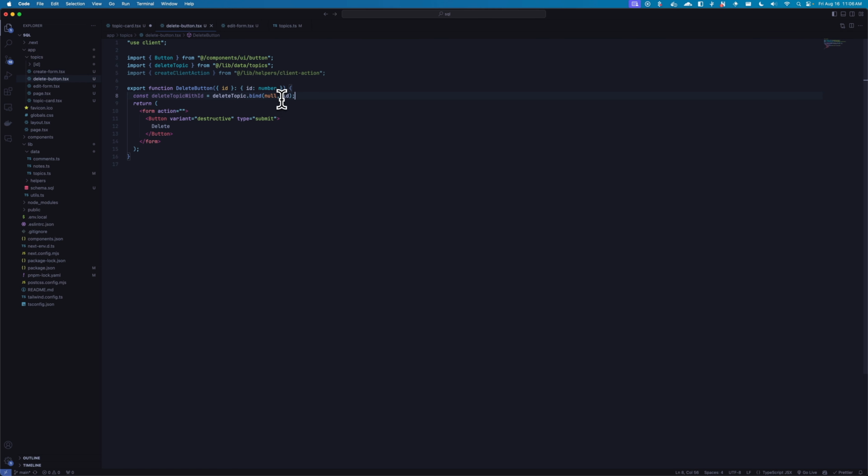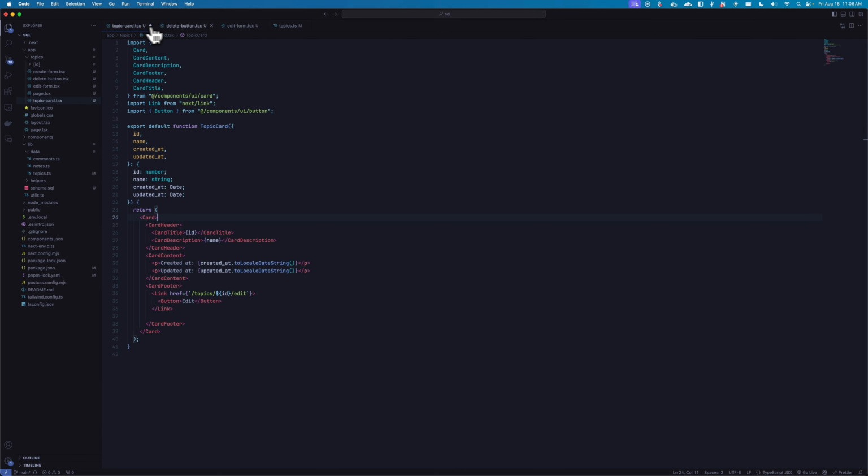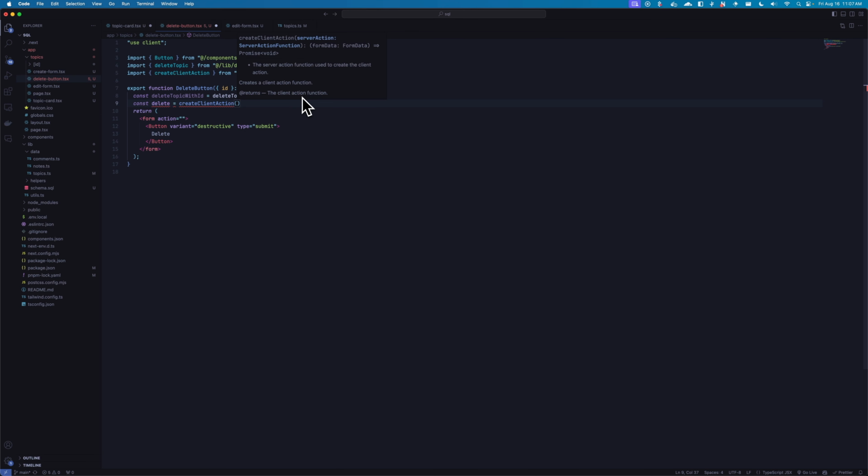So now this ID is on here, and we can use it as a function parameter. And so we will, I can find where I was now, create a new client action, which is just going to wrap this delete topic with ID, and then